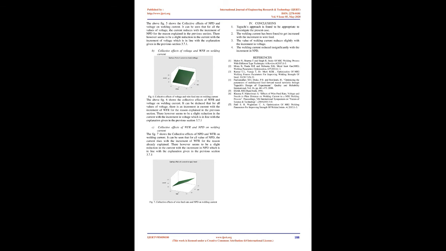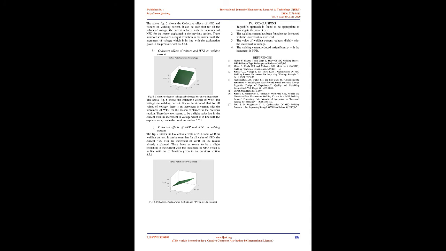It can be seen that as WFR is increased, the current increases. The reason for this is the constant voltage type power source, where the voltage is proportional to the arc gap. Now, in order to maintain this arc gap, if the WFR is increased, the welding current also increases to burn more wire readily to maintain the original arc gap. This feature of the power source is called self-regulation of the welding arc and plays an important role while performing